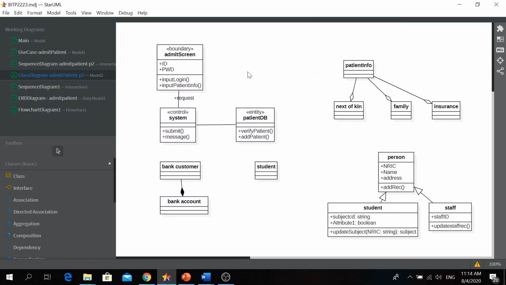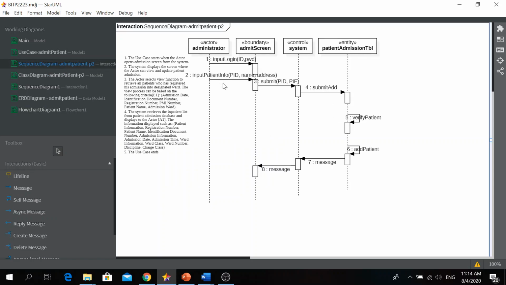This is a class diagram. Normally we discover the attributes and operations through the sequence diagram.